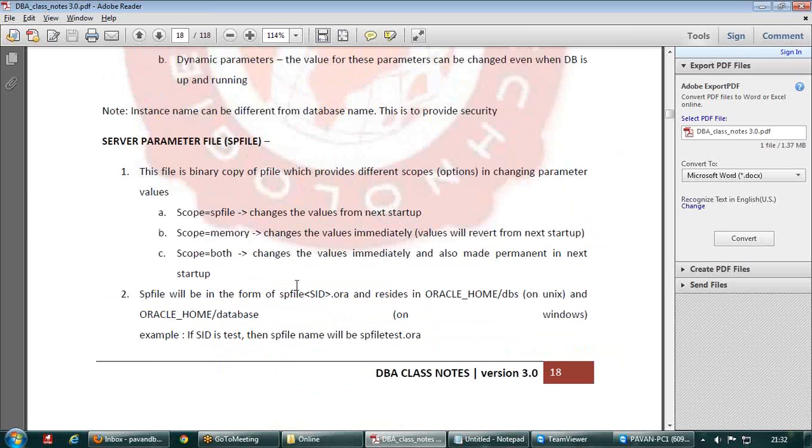And the extension to the parameter file. So parameter file is basically a text file. So anybody can open it with proper access, and they can change some values. So all those things are a possibility. To avoid that, Oracle has introduced another version,